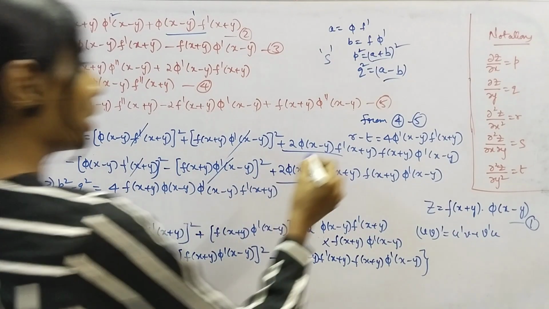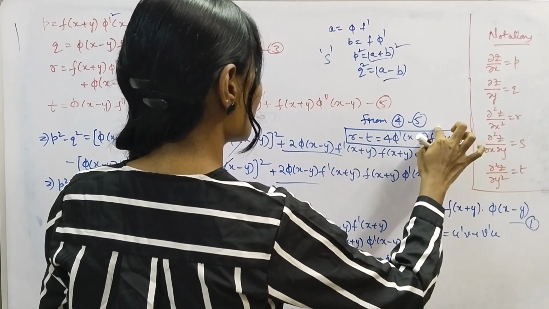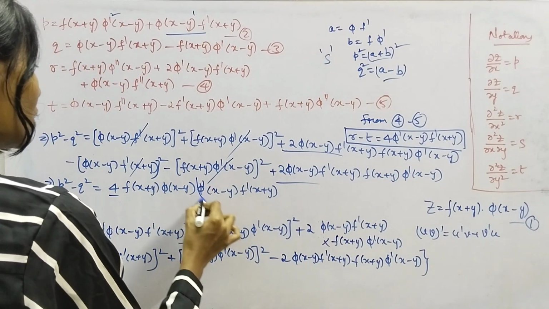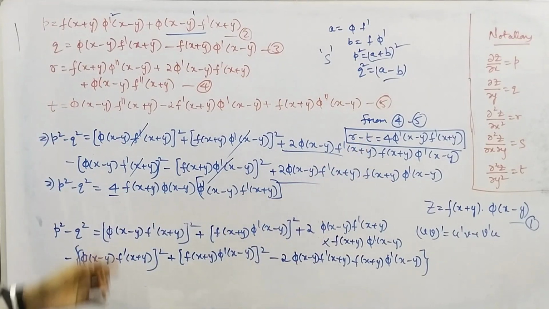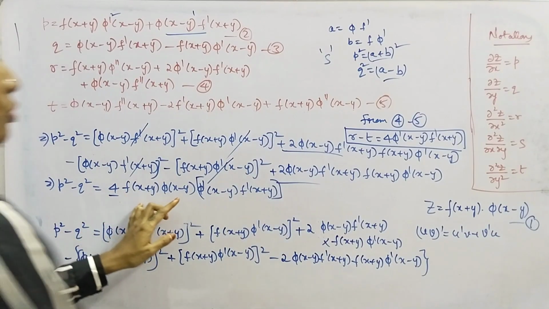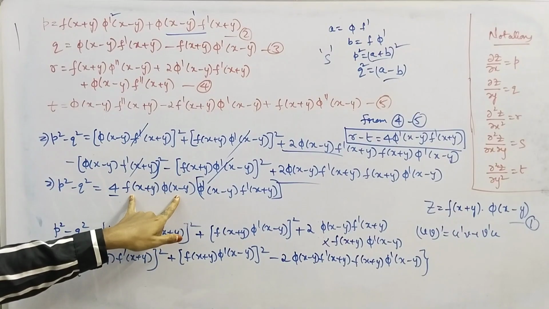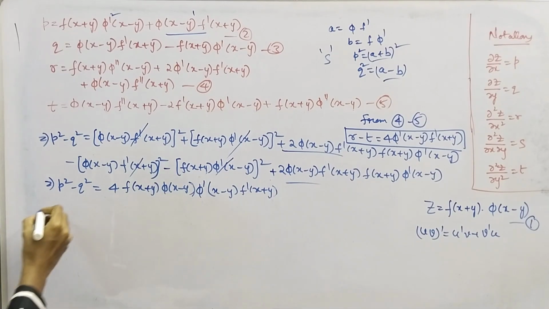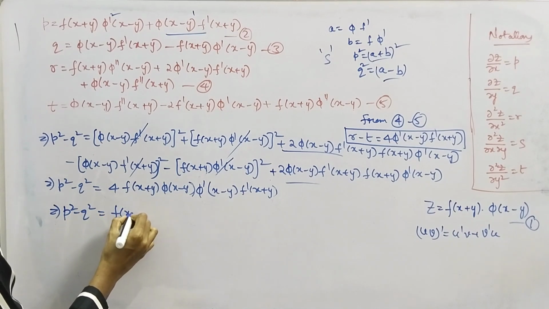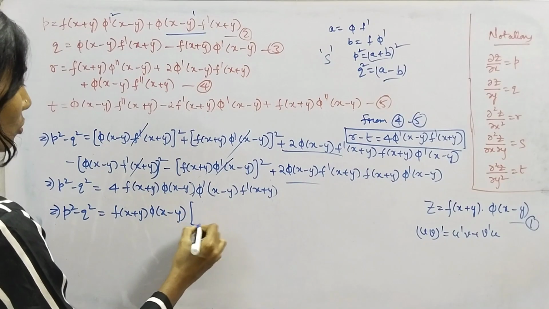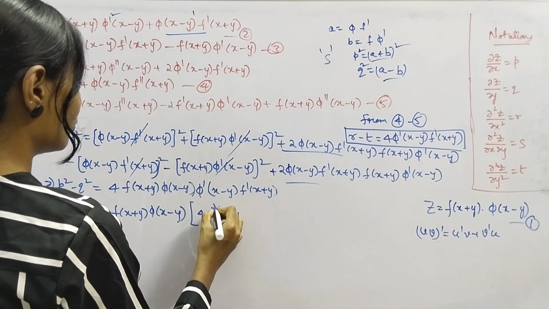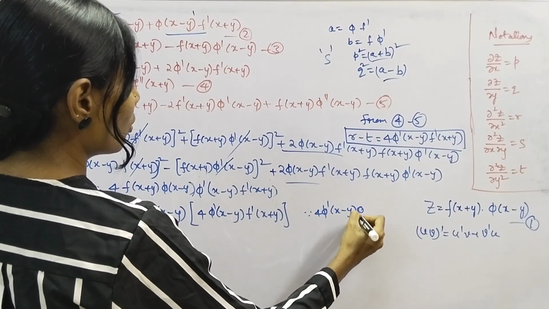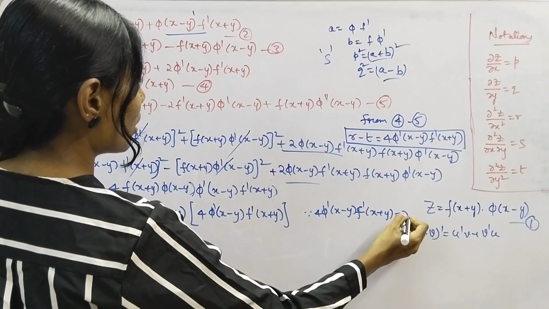Okay, good. Now look at the results. Look at the result we got using 4 minus 5. Here 4 phi dash f dash can be replaced by r minus t. So we'll replace 4 phi dash f dash using r minus t, and using equation 1 we'll replace f phi by z. Okay, I'll show you clearly. Now we'll write this as P square minus Q square equal to f of x plus y phi of x minus y into 4 into phi dash f dash. Since 4 into phi dash of x minus y into f dash of x plus y equal to r minus t, right,